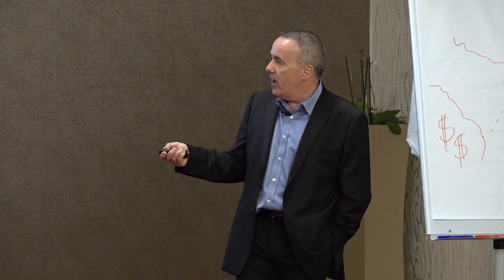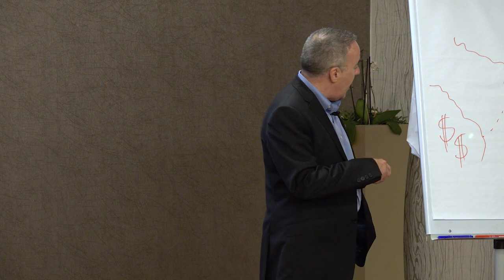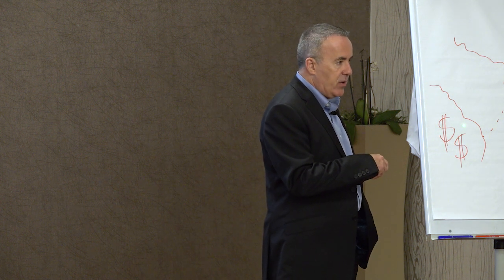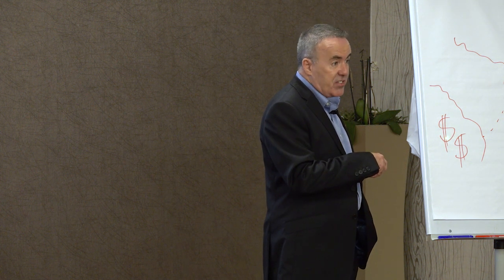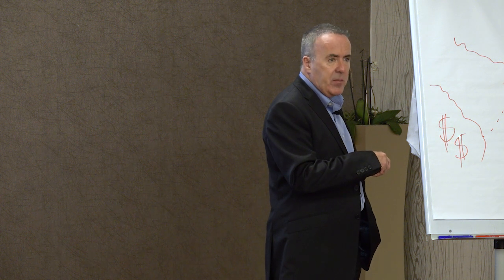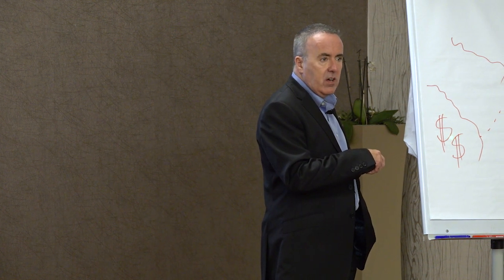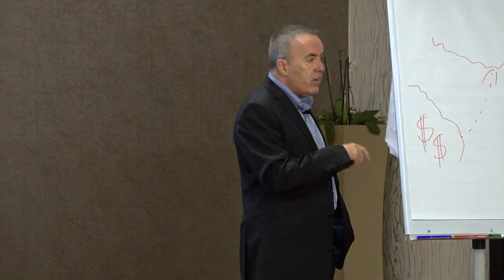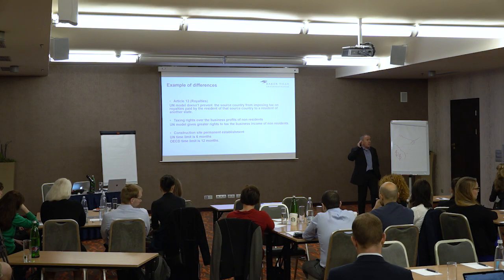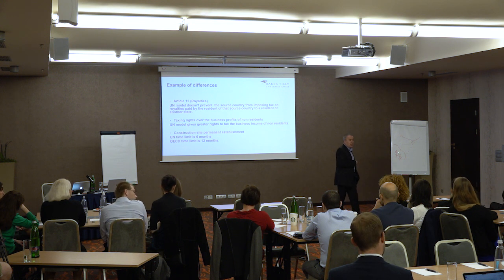Well, in the UN, as soon as you've got 6 months there, you've got a permanent establishment. So you've got a building site in that country for 6 months. That's a PE. What does that mean if it's a PE in that country? So, just a little louder, please. It's taxed there, yeah? Exactly.